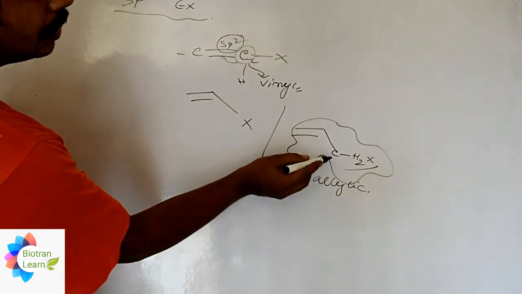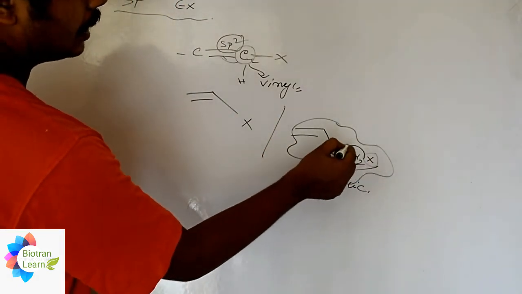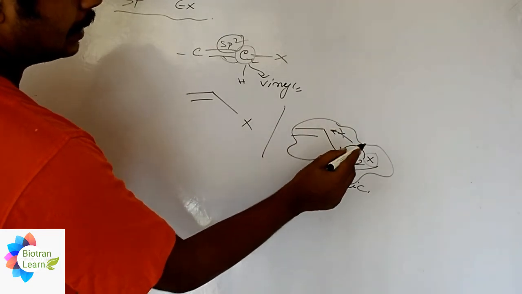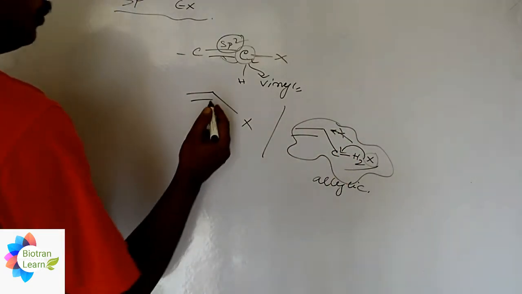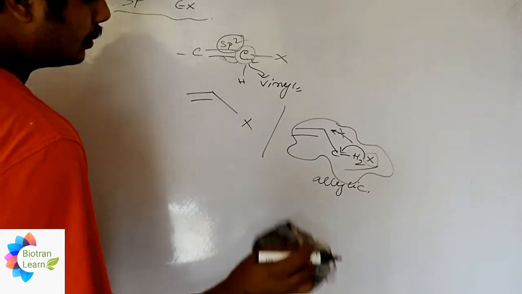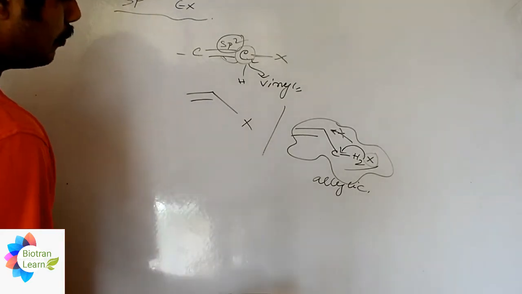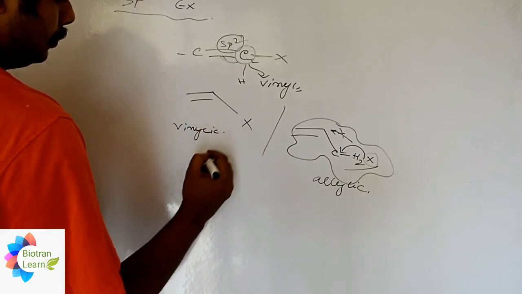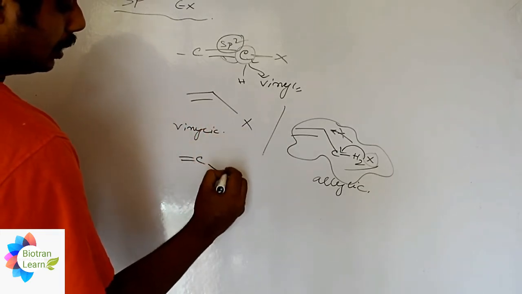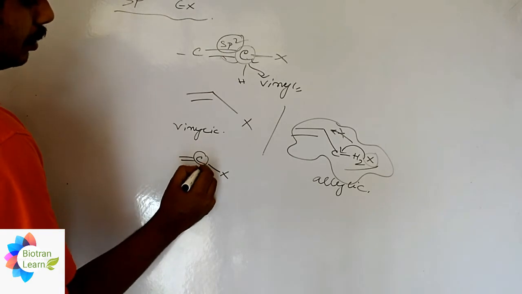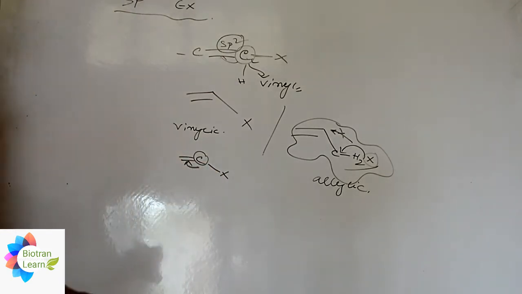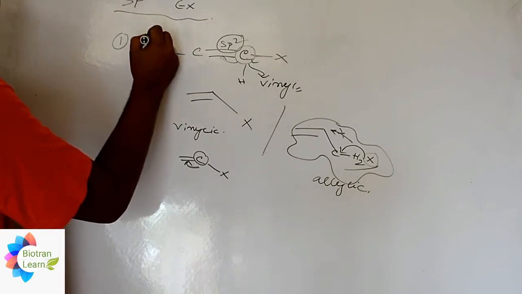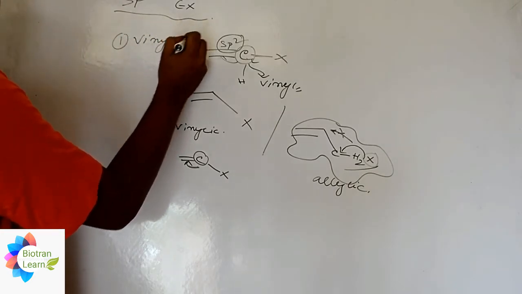Because the X is not directly associated with this one, it is directly associated with this carbon. But in case of vinylic structure, it will be directly associated with the double bond carbon, right? So this will be known as the vinylic halide,